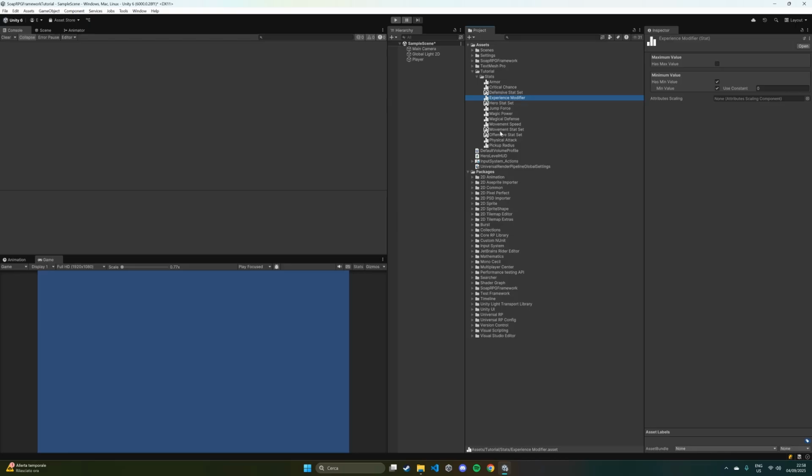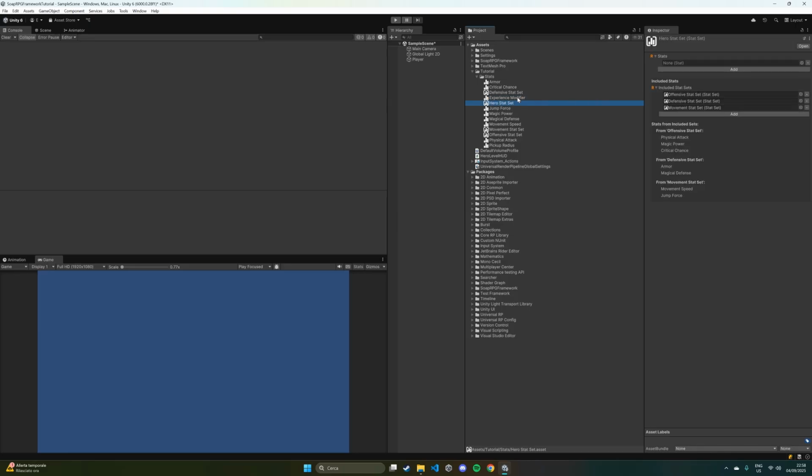modifier. And at this point we can add to our hero stat set an explicit statistic included like this, because likely he will be the only one owning this. So it makes sense to add it on top of the included stats as something specific to our hero. So you can still use both of them, including some stats from the stat set, and also adding statistics in the old plain way. And you can see that this is now allowing you to create a stat set